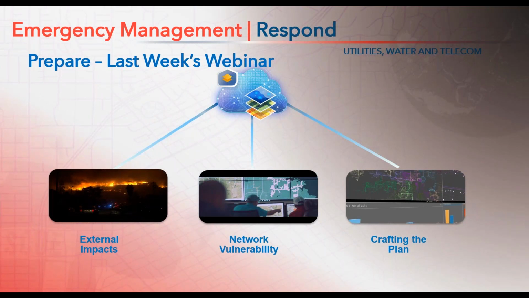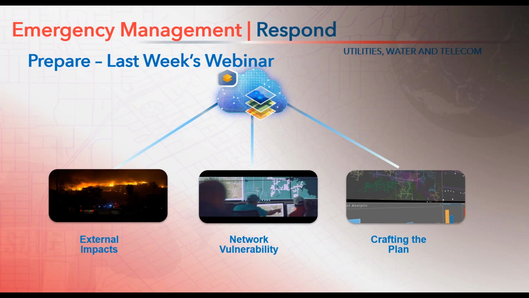Last week, we discussed how to prepare using GIS strategically for an emergency event. We highlighted 3 elements during the prepare stage. First, we needed to obtain as much data about external impacts, things like flood zones, fire zone areas, and tornado paths, and lightning area. This is the data that Bob would have loved to have known, but he just didn't have the access. With ArcGIS, the Living Atlas, and partners like FEMA and USGS, we have all the data and it's up to the minute. ArcGIS consumes that data live via web services. There's no more wondering if the old flood map stuffed in the cabinet is accurate.